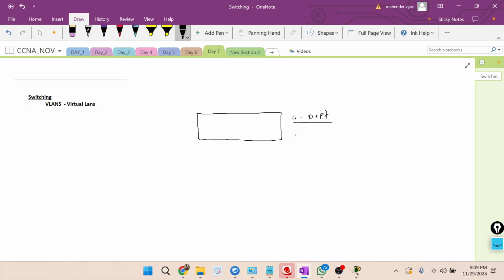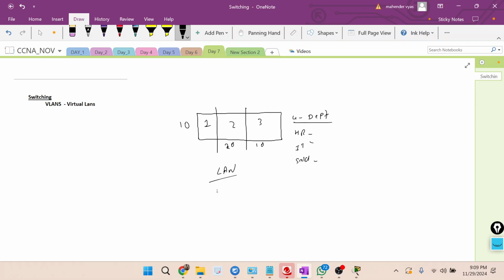Department 1 is HR, department 2 is IT, department 3 is sales. Department 1 we have 10 users, department 2 we have 20 users, department 3 we have 10 users. Okay, total 40 users we have. These are connected, and as of now these all are part of one big LAN, right?